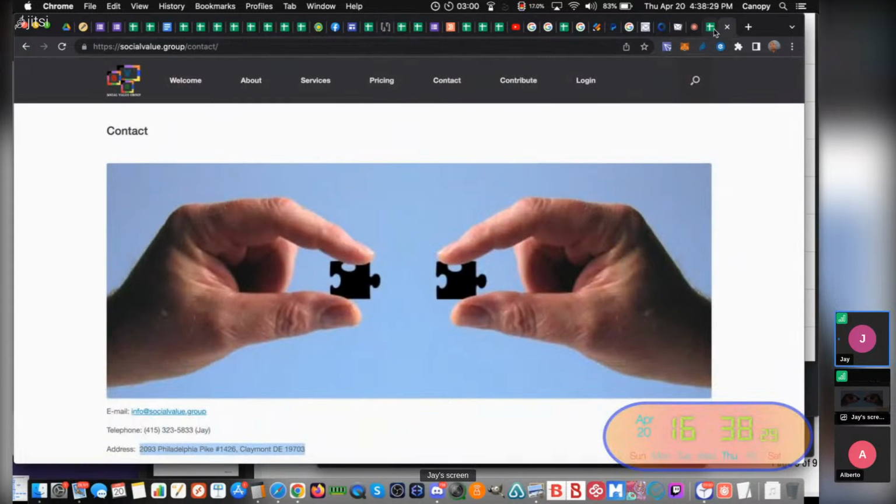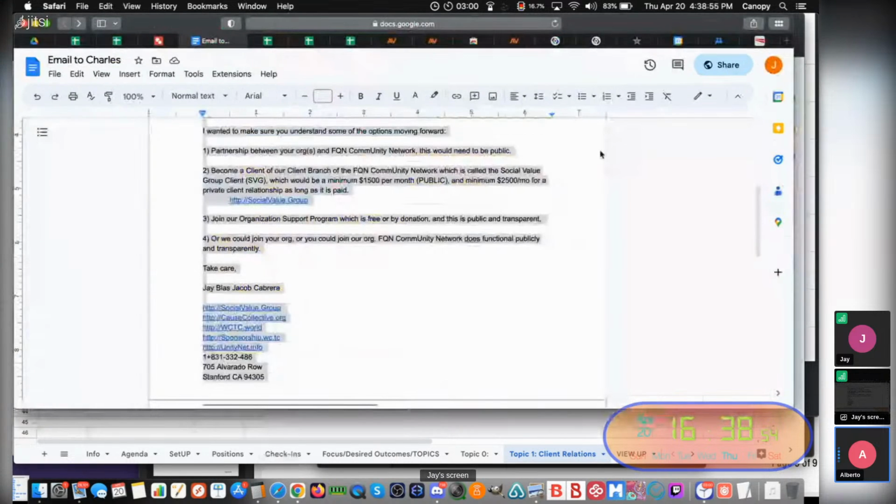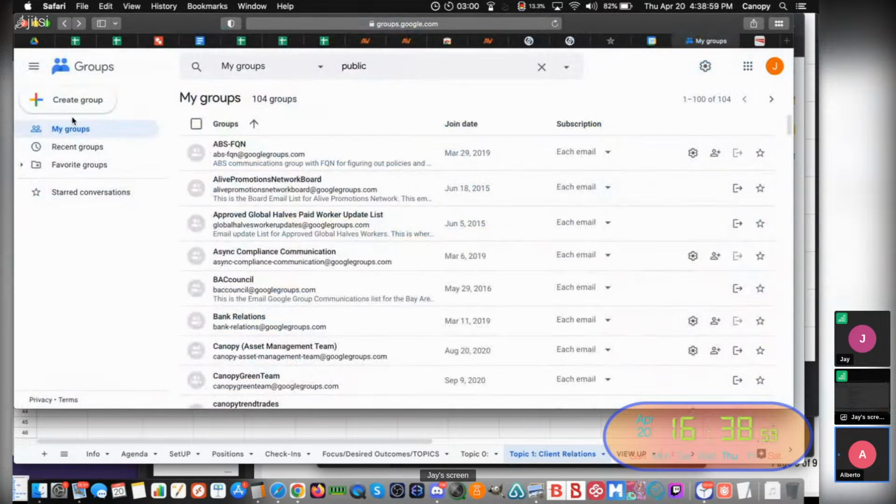We're ready to move on? Let's just establish, so I'm going to be working on this. I'm going to update this contact page. The way that we would immediately direct anyone who wants to be a client is: please go to this contact page and fill out the form. In this contact page, we want to make sure that we make it clear about the public